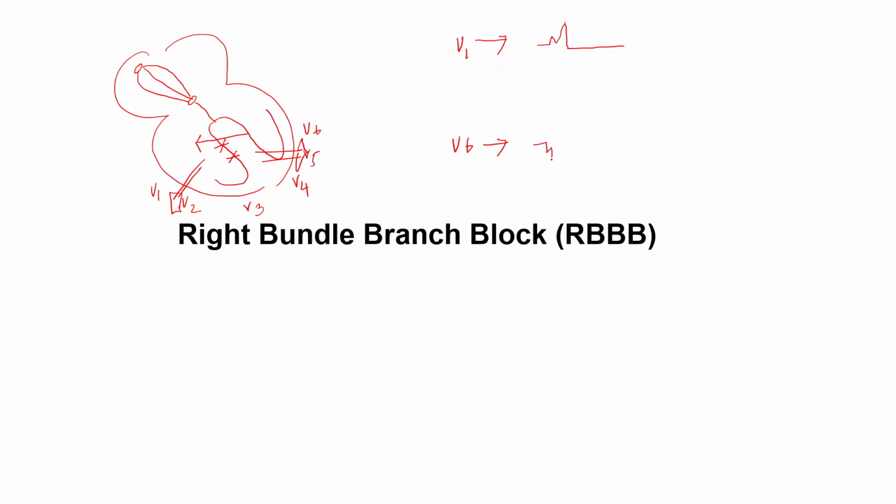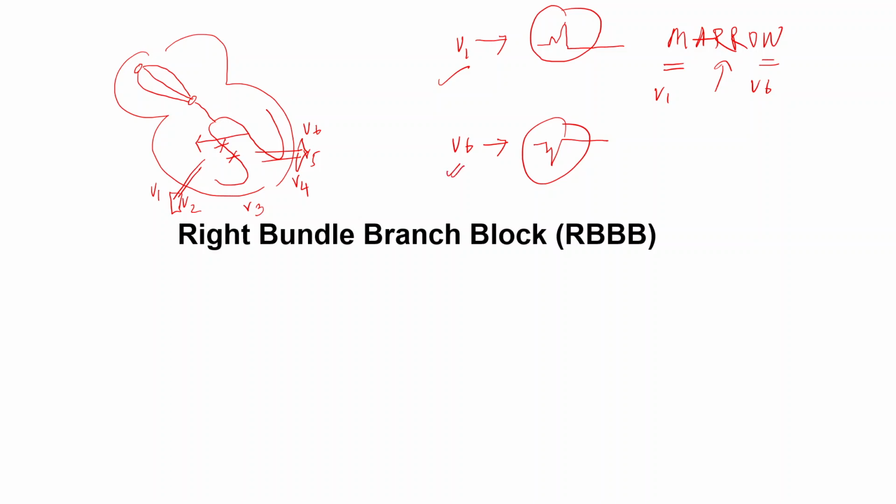Exactly opposite will happen in V6. So this is M pattern in V1, W pattern in V6. The mnemonic, you must be knowing, is WiLLiaM MaRRoW: narrow and RBBB. Again, you need to remember that you may not get the typical morphology. So you will get a dominant R in V1, or dominant positive wave in V1, and dominant negative wave in